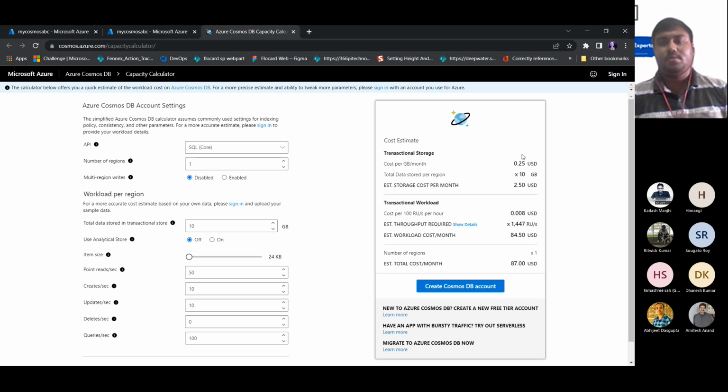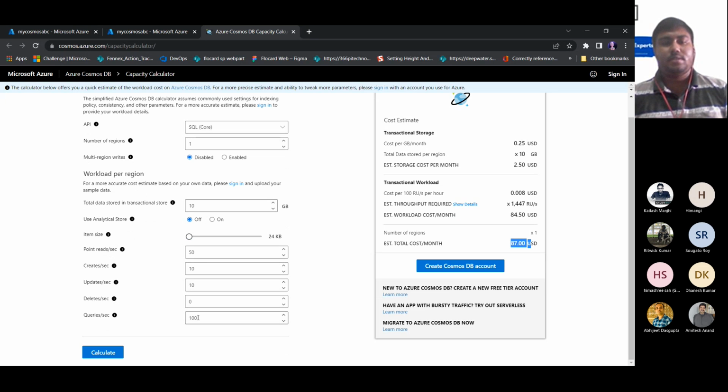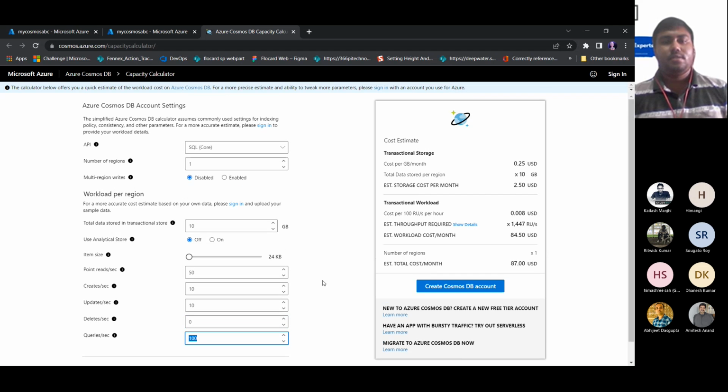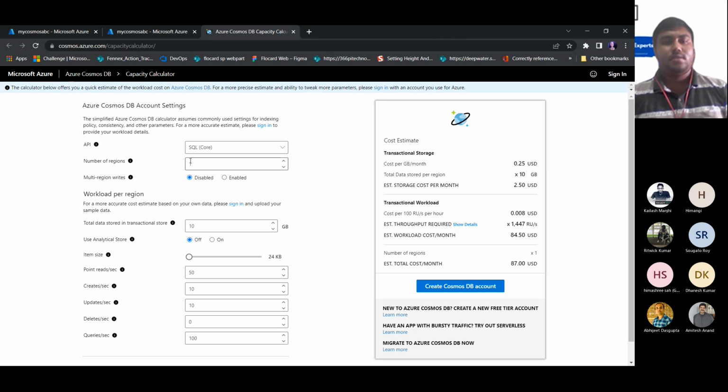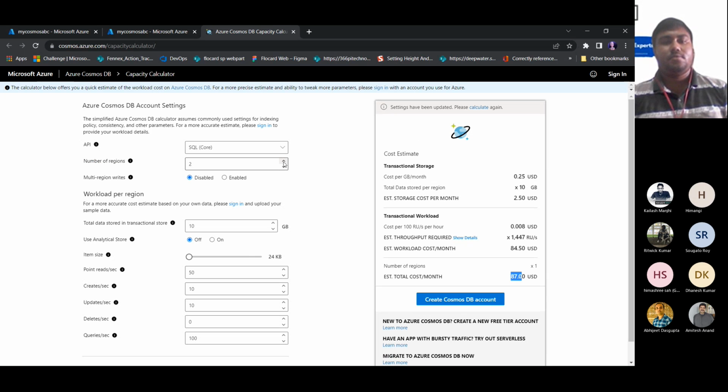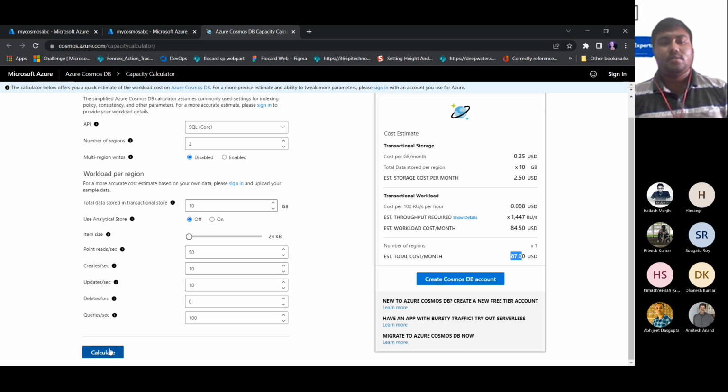Just doubles or triples. Now it is 100 RUs per second, which we have given to the workload. So let's say now the number of regions is just one, and the cost is 87. If we move it to a single region more, then you can see the cost just